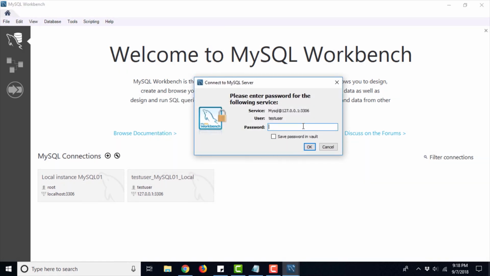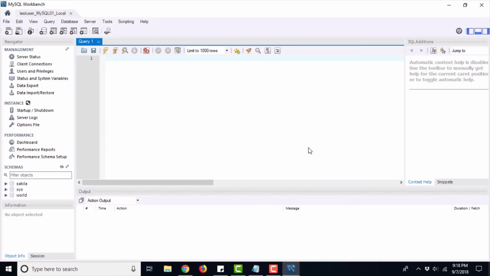So as we had already closed the connection for test user, it has already ended the session and it hasn't saved the password anywhere. So it is asking us for the password again. Type in the password test123 and here we go. So this is how we can connect to a particular instance using a user, and how we can log that user out of the instance. So this is the way we can use MySQL Workbench for development purpose. You can just type in the query and you can select the query that you want to execute, or you can execute the entire worksheet.